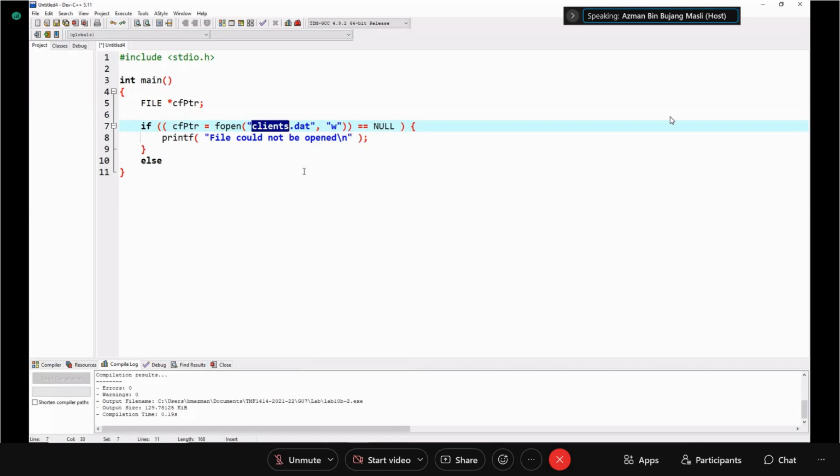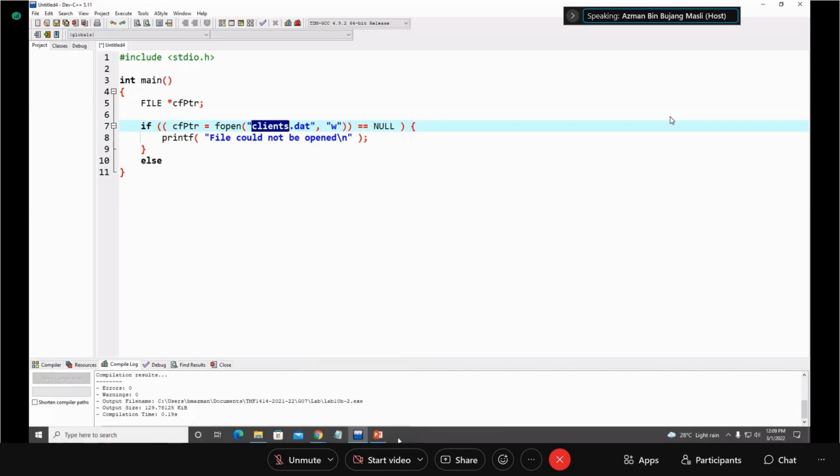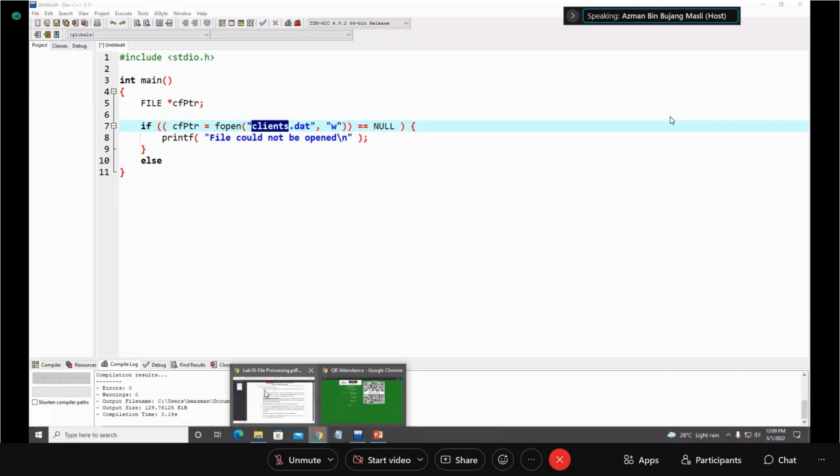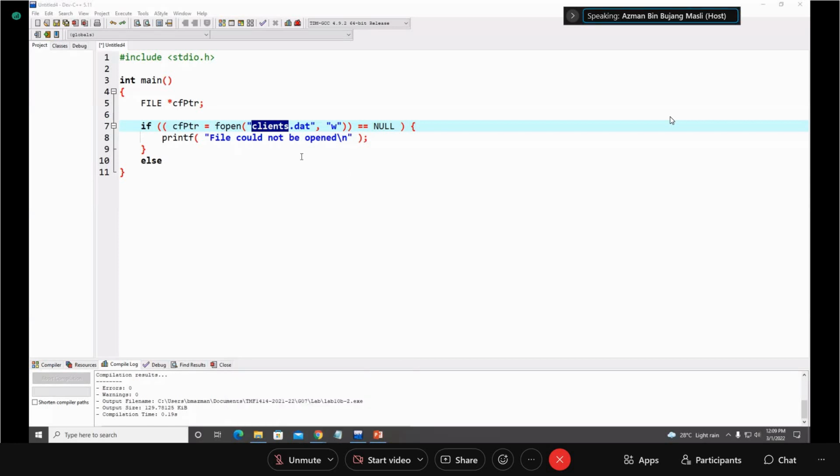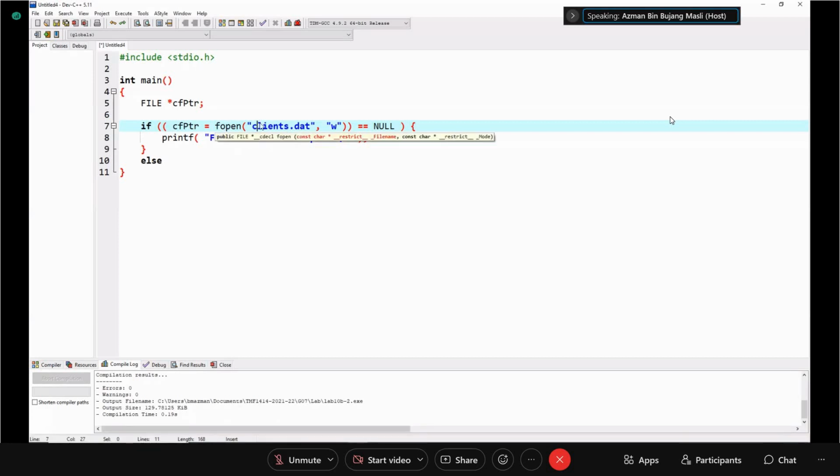You can name your file any name. For example, data.txt or dat, it doesn't matter.